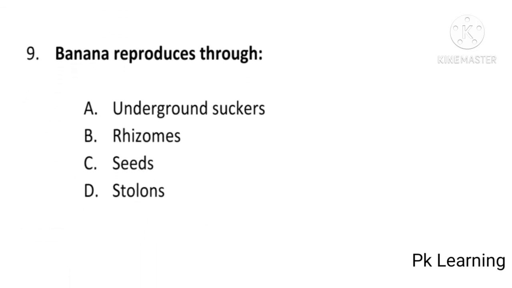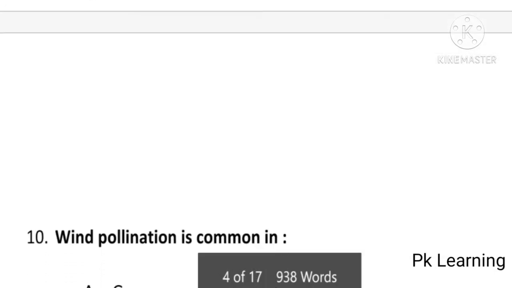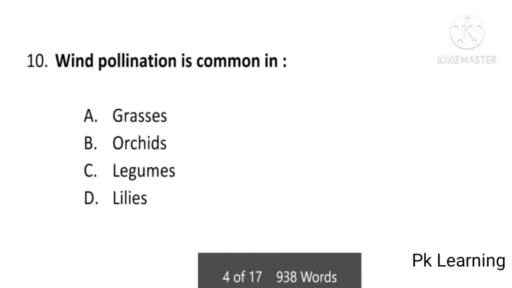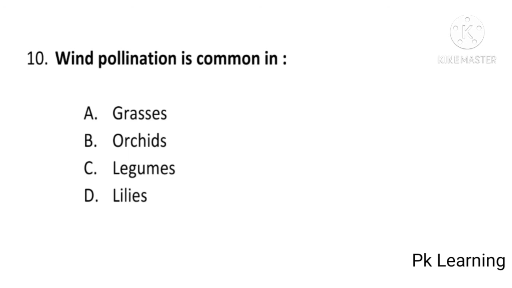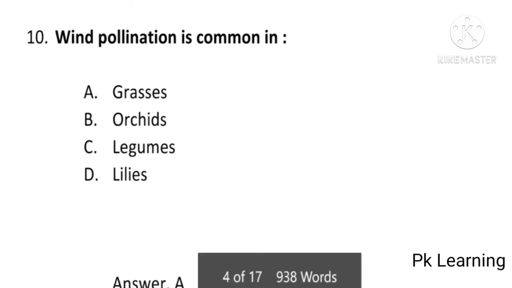banana reproduces through underground suckers, rhizomes, seeds or stolons, and the answer is B, rhizomes. Banana reproduces through rhizomes. B is the correct option. And the next question is wind pollination is common in grasses, orchids, legumes or lilies, and the answer is A, grasses. Wind pollination is common in grasses. A is the correct option. And the next question is